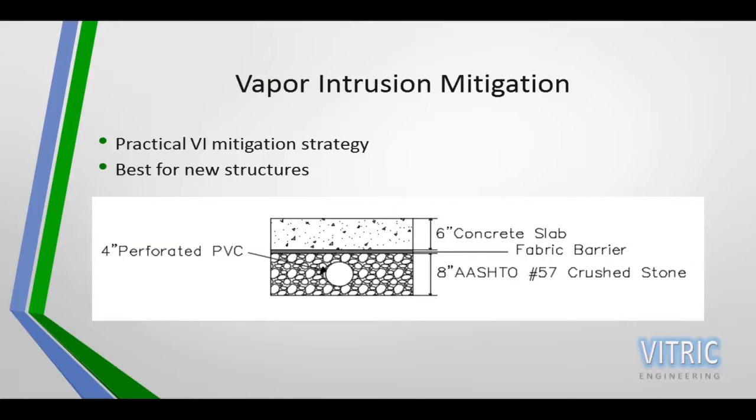This is a little schematic. You can see the crushed stone is a permeable material that allows the vapors to travel through it and will be pulled through the pipe into a fan outside of the building. And then there's a fabric barrier right underneath the concrete slab to ensure no vapors get through. This is a practical vapor intrusion mitigation strategy, especially for new buildings due to having to be constructed underneath this slab. And for erosion control,